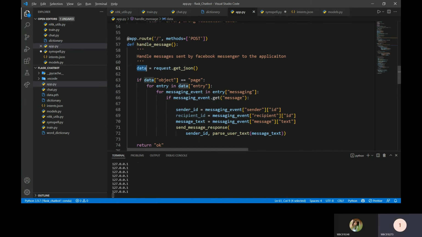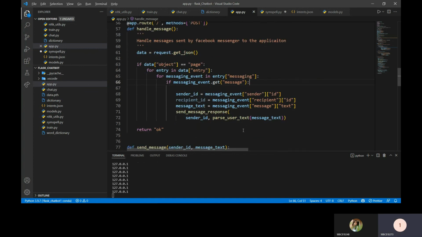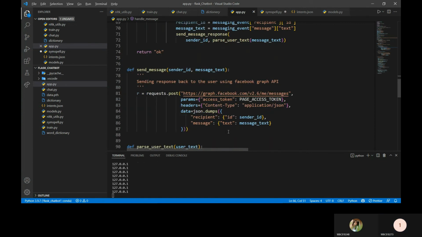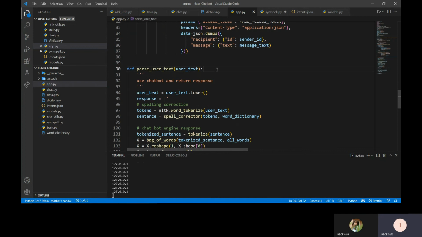After getting data from the user as input, the input provided by the user gets stored into data. It contains several attributes. Among them there is an attribute message, which contains the message sent by the user. After taking this message, we are sending it for further parsing. So here is the parsing part.